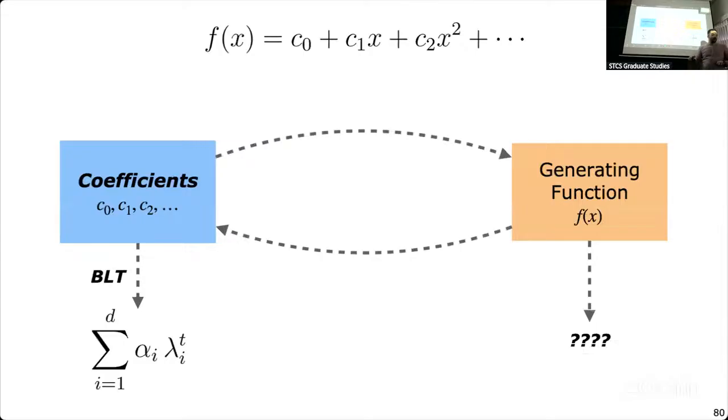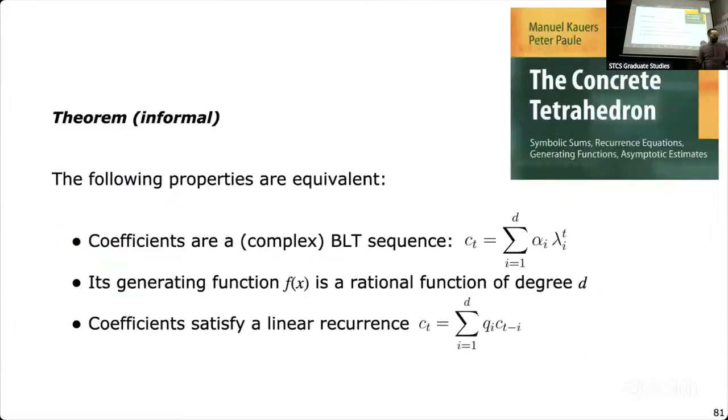We now got these coefficients as a sum of exponentials where we got a nice recursive form. So what does that look like in generating function world? A classical result is that the following three properties are equivalent, right? If you have a sum of exponential type sequences, that's equivalent to having a generating function which is rational. The maximum degree of the numerator and denominator is exactly equal to how many terms we have in the exponential. Both are d, right? And both are equivalent to having a linear recurrence of order d. All these three properties are equivalent.